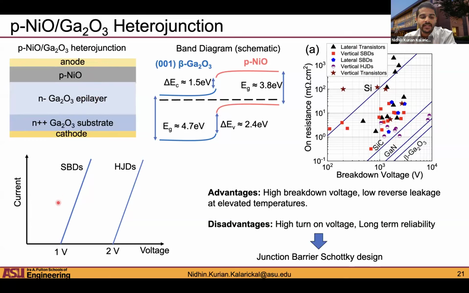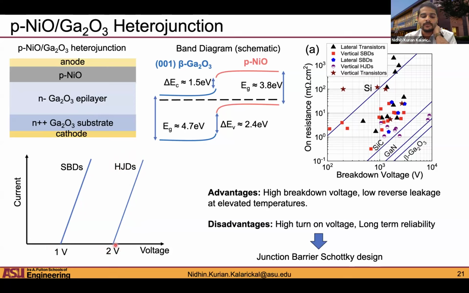Well, the disadvantage is the fact that the turn-on voltage for these diodes is generally higher, right? So this is a schematic that shows a linear IV characteristic for comparison between a Schottky diode on gallium oxide and these kind of heterojunction diodes. Schottky diodes typically turn on at 1 volt roughly for gallium oxide. And what's been observed for heterojunction diodes is that the turn-on is typically much higher, typically higher than 2 volts,